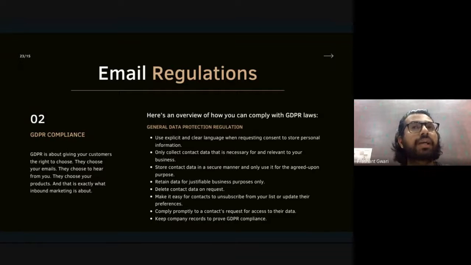So whenever you are creating an account on any website or doing any online activity, first they will ask you to tick the box. So you are accepting their terms and conditions and privacy policy. So that's why we have a record.